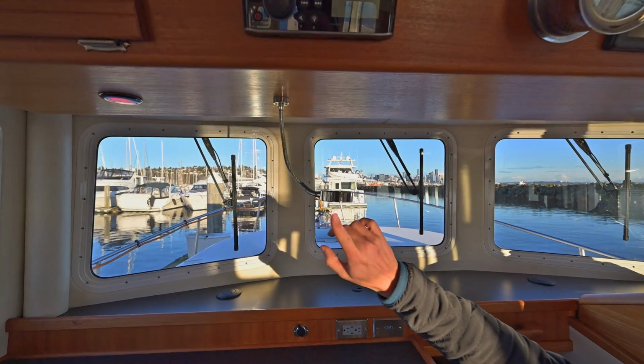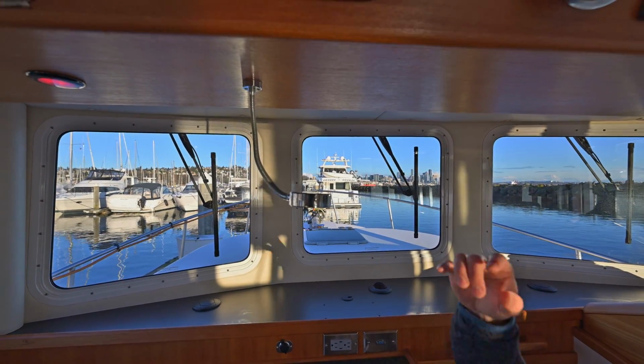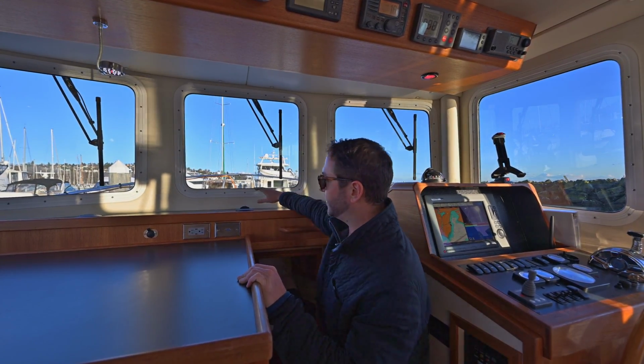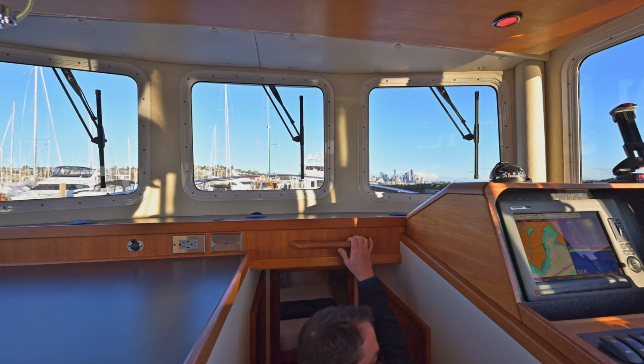Touch activated navigation light here. You have red lights throughout, so above and on deck, so that if you are running at night, you're not losing your night vision. You have defrosters here as well, so that you can make sure that you can see what's going on as